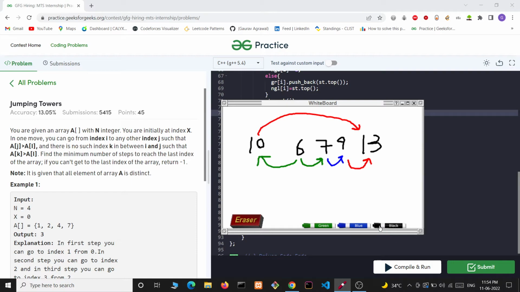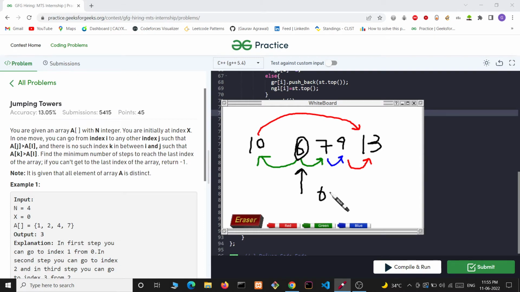Now this is the starting index, and we have to reach element 13. One way of doing it is from 6 we go to 7, from 7 to 9, and from 9 to 13. Or we can go from 6 to 10, and from 10 to 13.